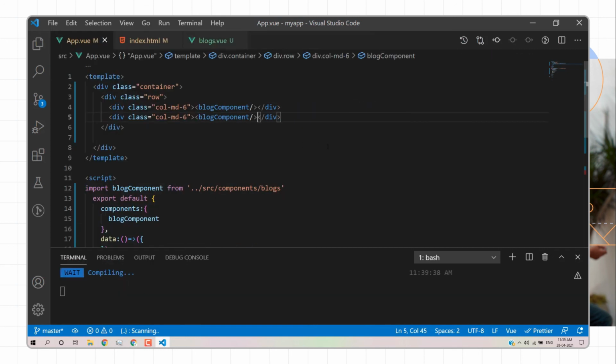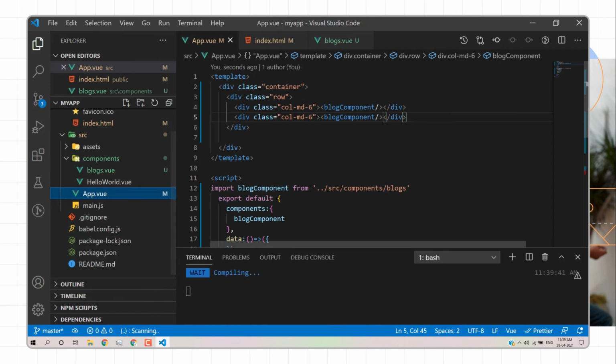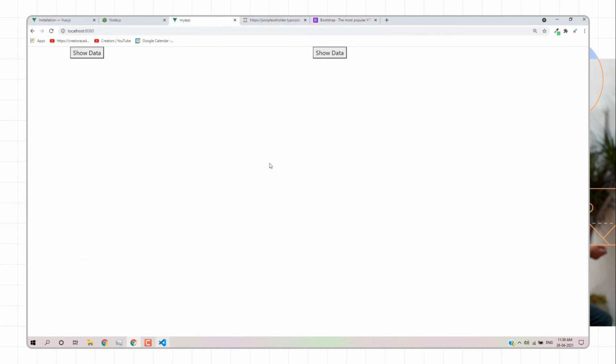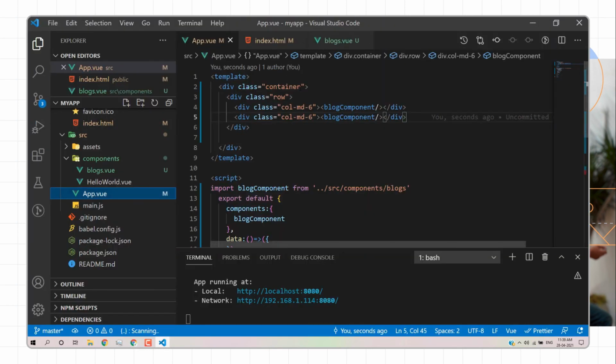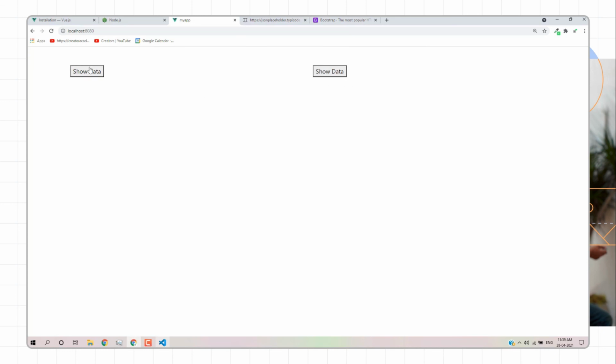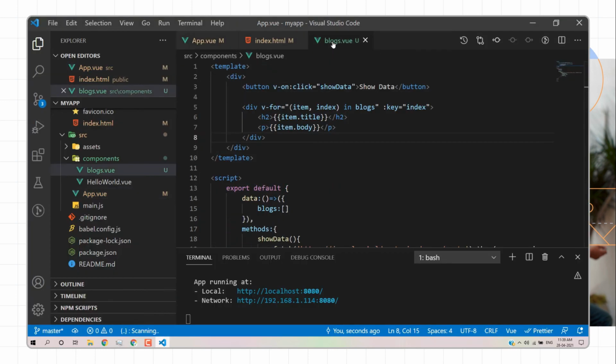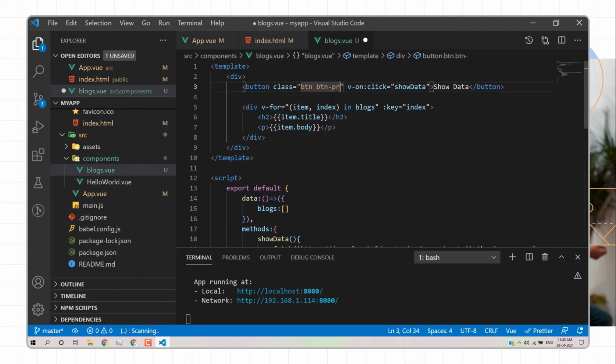Okay, so now we are working on Bootstrap. We can apply some margin properties, so mt-2 to create some space. And this is a block. So here we have a class for Bootstrap, the class is btn and btn-primary. Save and then reload. Okay, so when I click on this component, it will give you the blocks list. When I click on this component again, it will give you the block.